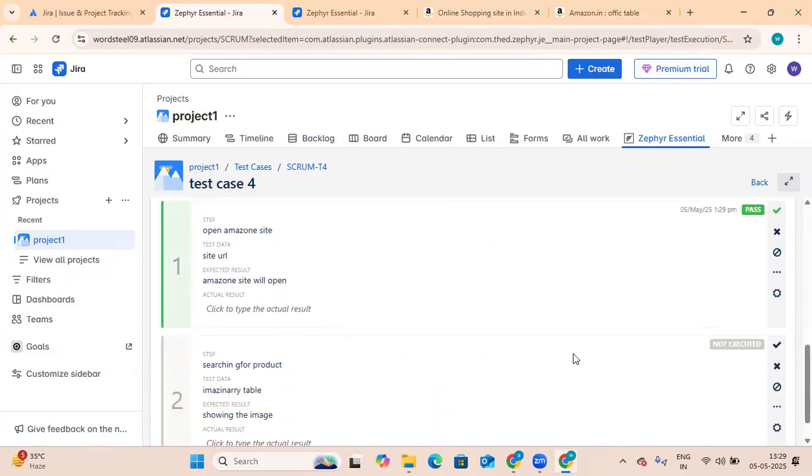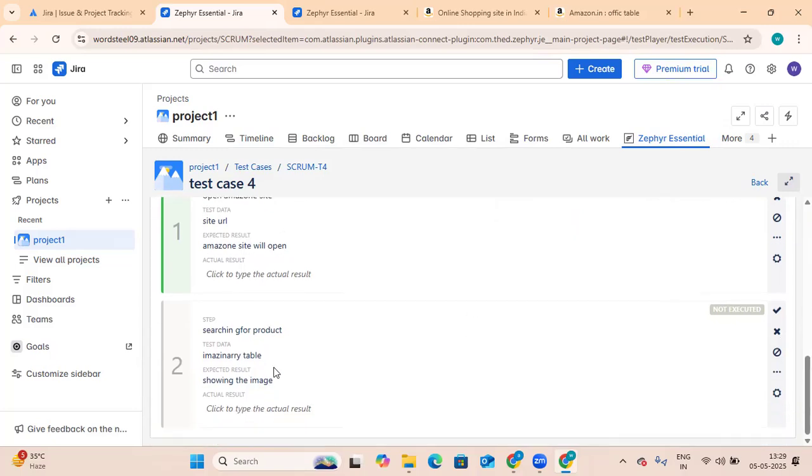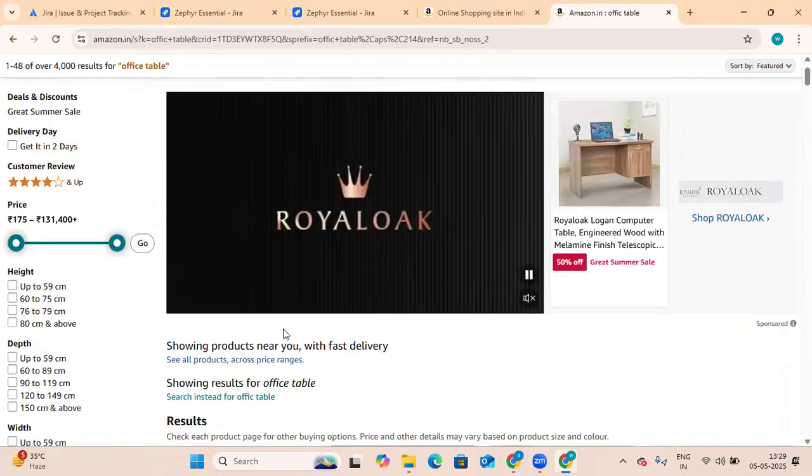But we are the tester now. We will find some type of defect to trouble the respective backend developer. I am a backend developer, and a backend developer gets irritated when a tester finds a bug or defect. So now the second case, we will see how we mark this as a failed test case, and then we will create a bug. So now if I am searching for something